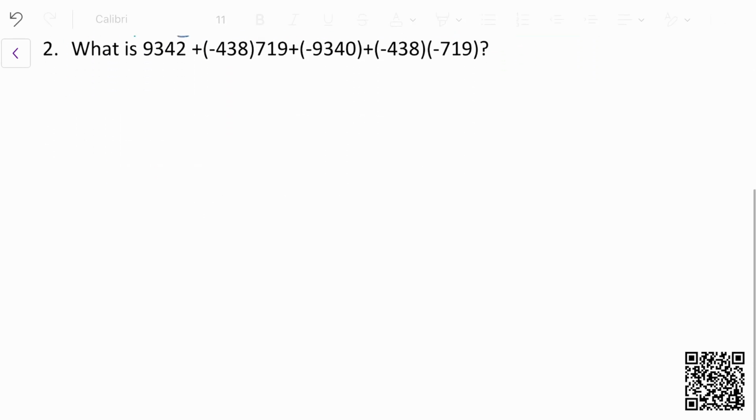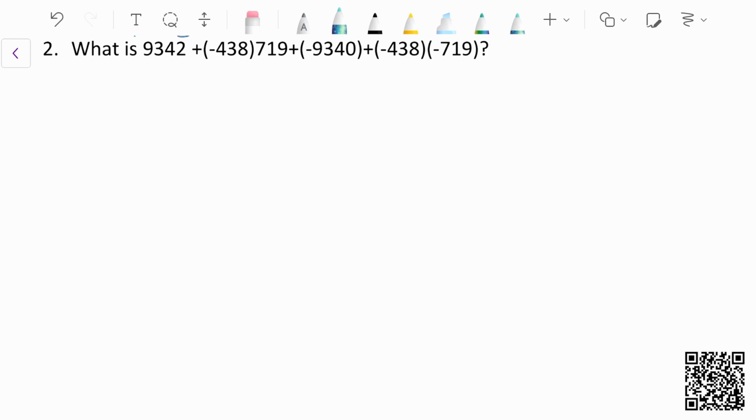Moving on to problem 2. What is 9,342 plus negative 438 multiplied by 719 plus negative 9,340 plus negative 438 times negative 719? Okay, that's a mouthful. Anyway, since addition is commutative, you can move this here instead of back there, so you would get